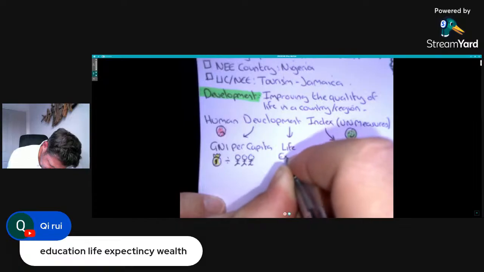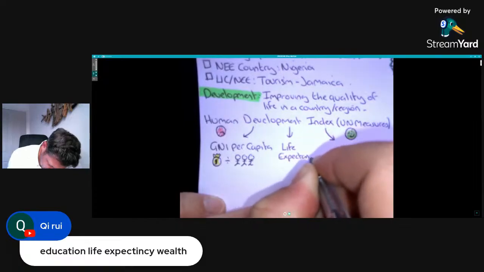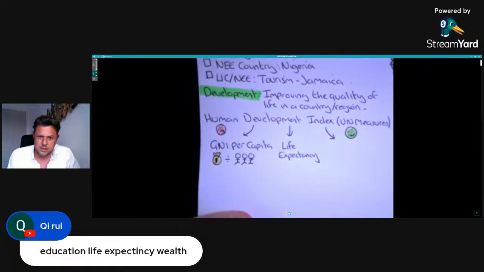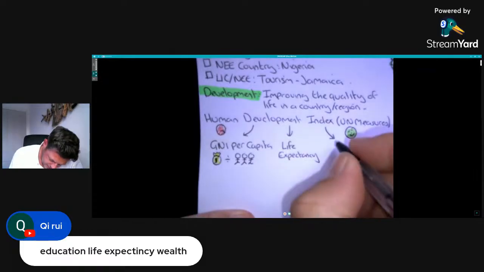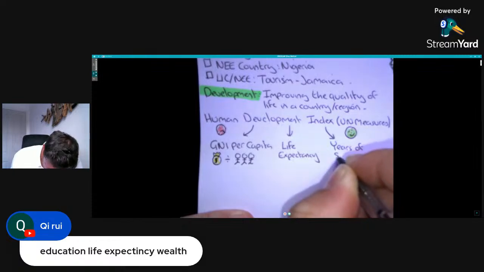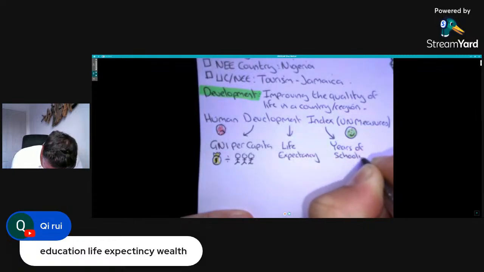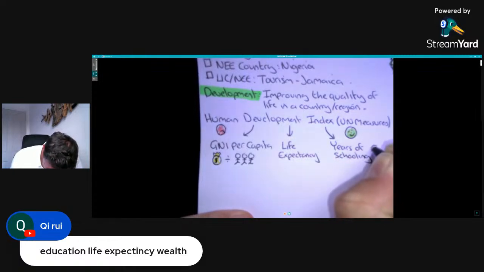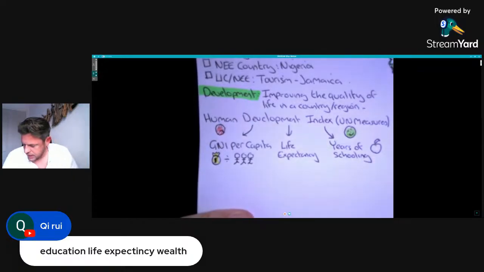Life expectancy. How long on average you can expect to live. So we've got life expectancy there. And it's not quite literacy rate. I don't know why, but they use years of schooling. How many years on average children go to school in that particular country? Yeah. So years of schooling